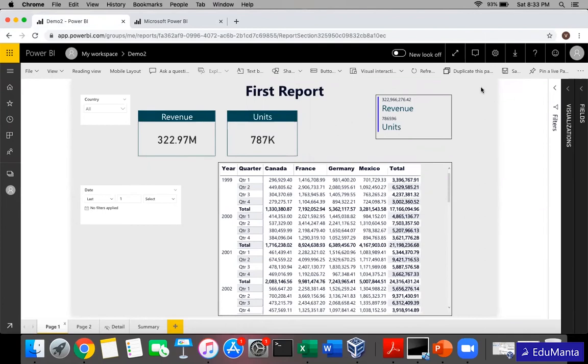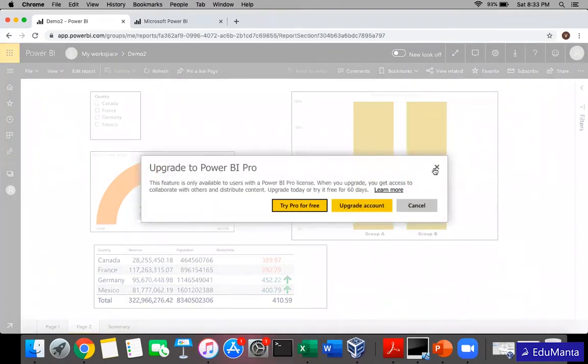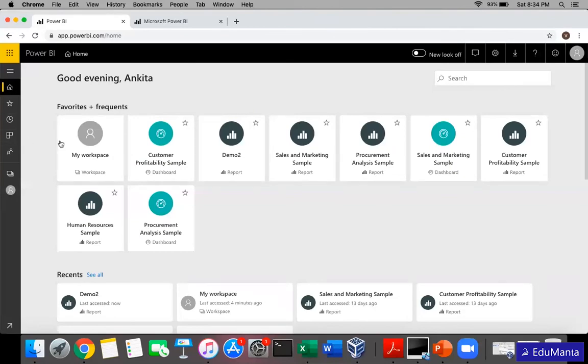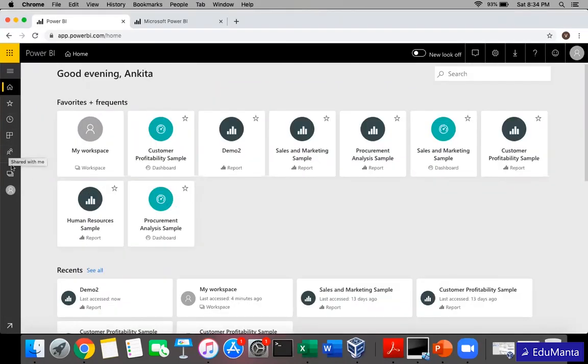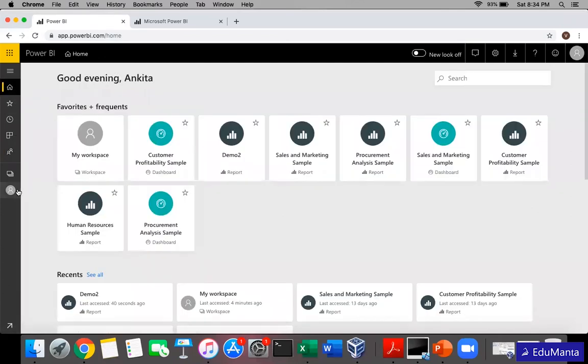If you have a paid account, then you can use the share option. Here we have the share icon. It will not work right now for me; it will say upgrade your account. But what happens is if you click on share, you just enter the email IDs of the persons you want to share with, and they will get a link in their mail saying a report has been shared with you, and in this section they will be able to see the reports. Here you see shared with me. Right now no one has shared any report with me, so there it would show up. And if you have workspaces, then you can directly publish to a workspace, and any user who has access to that workspace will be able to view that report here.